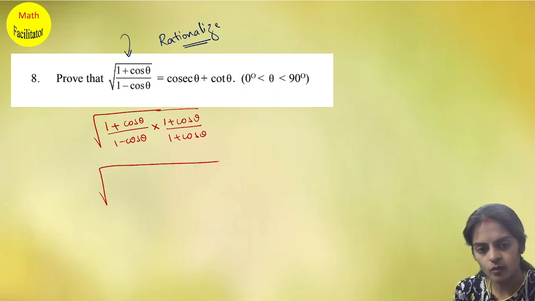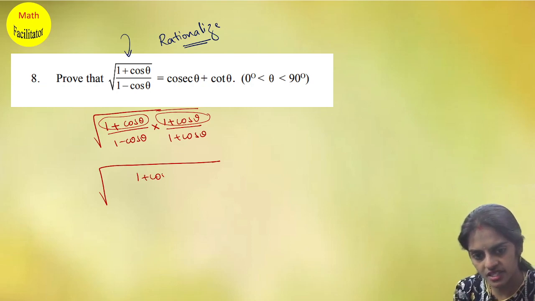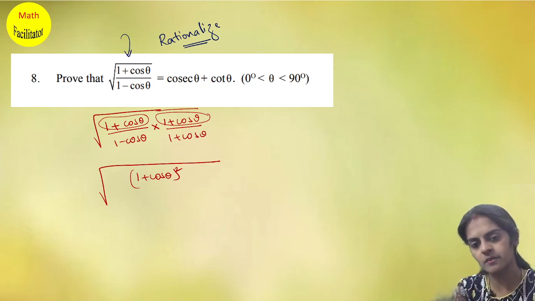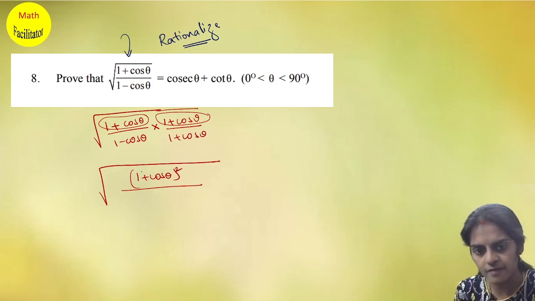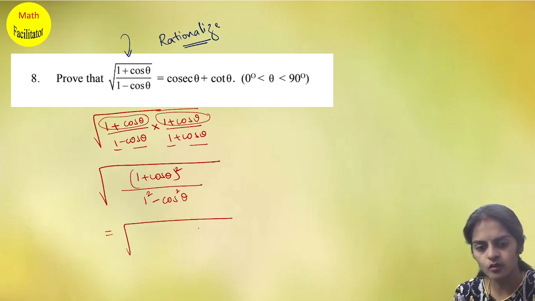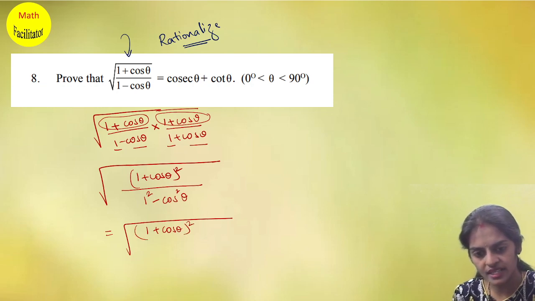That is equal to root of (1 plus cos theta) into (1 plus cos theta), which I can write as (1 plus cos theta) whole square, divided by a minus b into a plus b, so a square minus b square. So that is equal to root of (1 plus cos theta) whole square divided by 1 minus cos square theta,